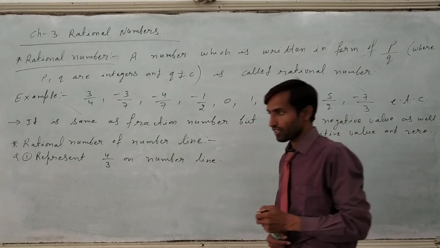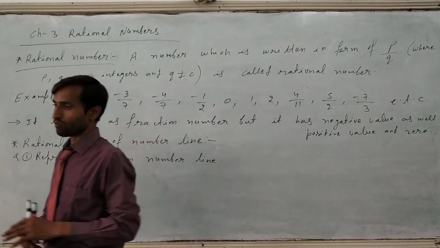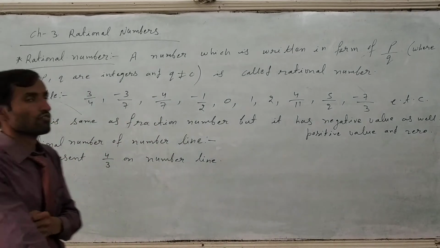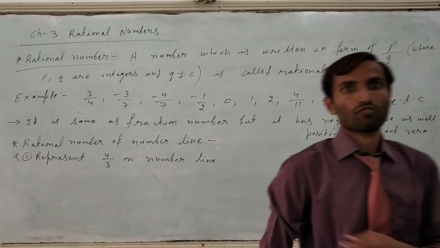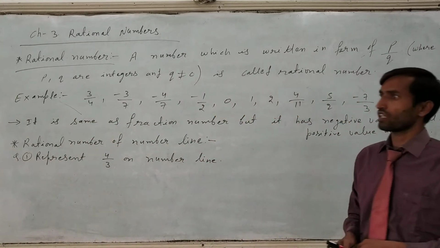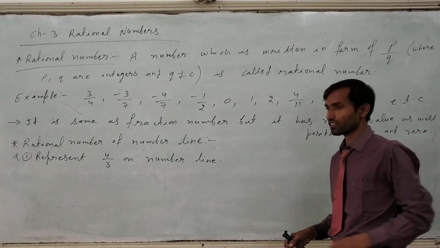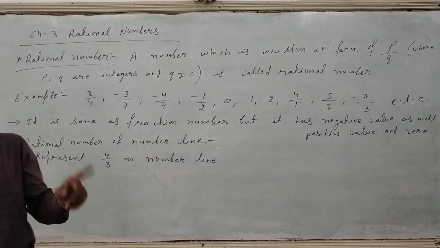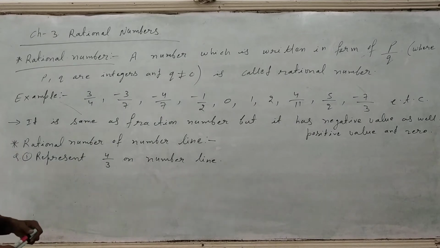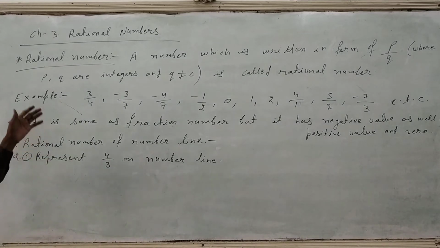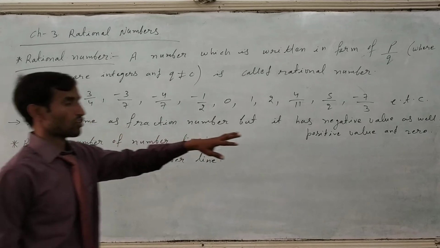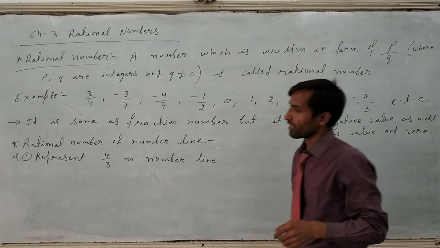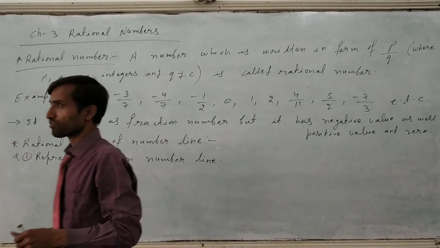It is a very important topic, rational numbers. If you go up to 10th class, it will always come. From 7th class to 10th class, in 8th class also rational numbers will come in another chapter, and in 9th class and 10th class also it will come in the first chapter. It is very important for other topics also. If you know about this, then you can do calculations easily.